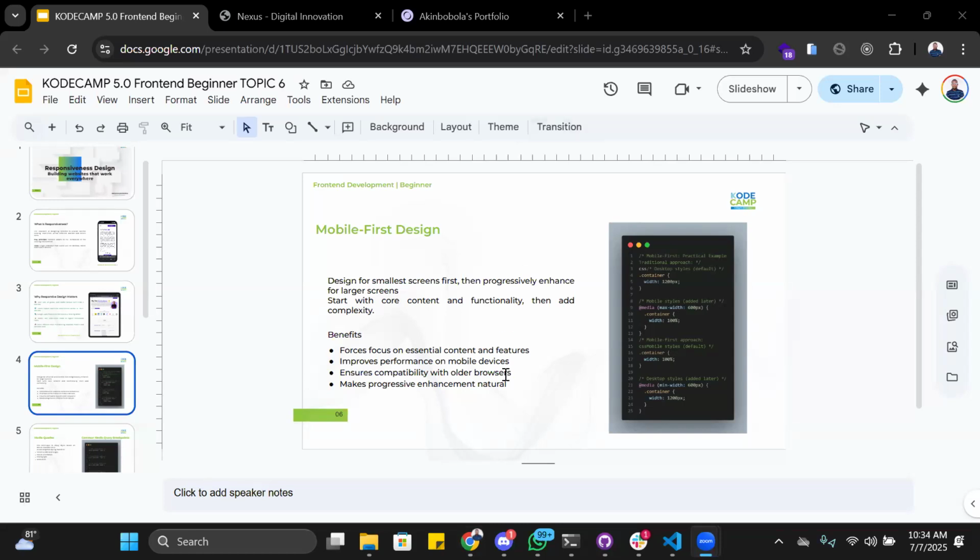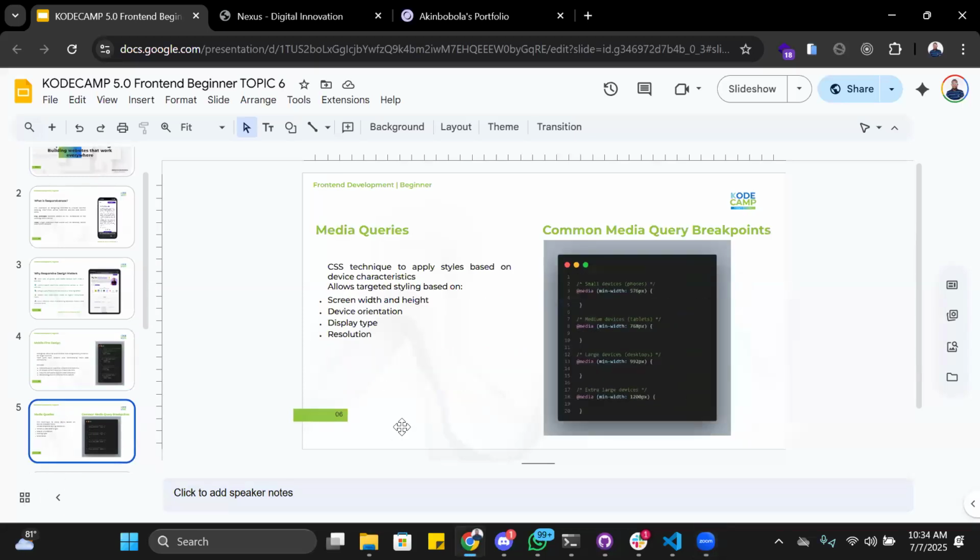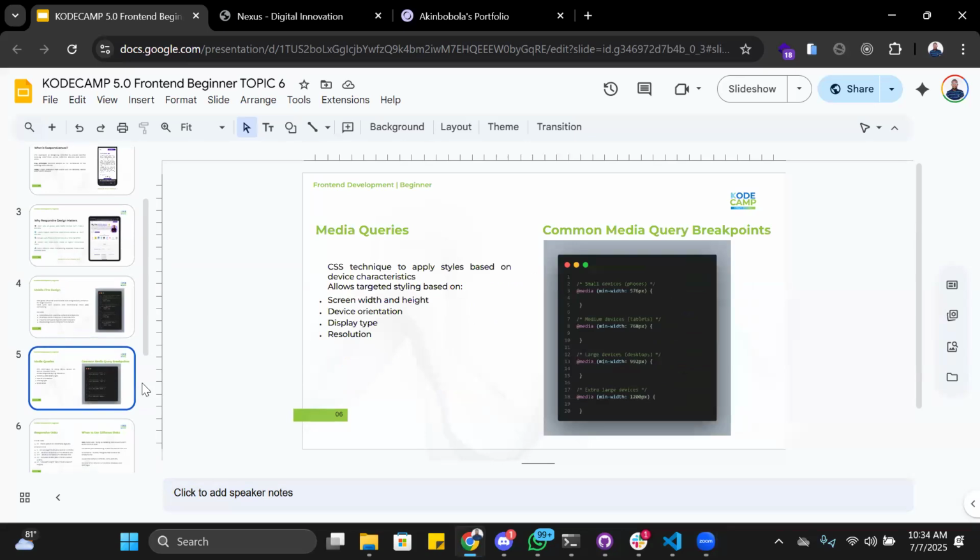So let's continue. It also makes it very easy for you to build across. I think the reason why I am more convenient with building for my laptop screen first is because that is what I have built with over time. At every point in time, I build with my laptop screen first, and I start streamlining it down to a mobile phone. So that is for mobile first approach. And I've also explained the